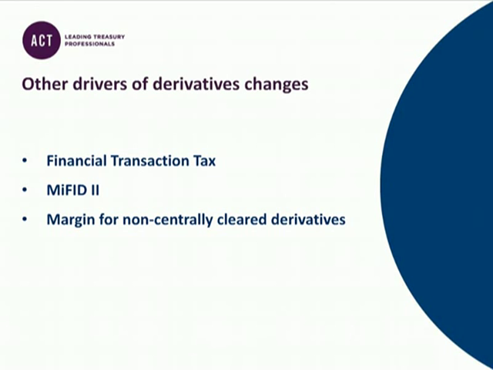The proposed scope of the FTT is wide, covering stocks, bonds, repos, and, relevant for this audience, derivatives. The minimum tax rate on derivatives is 1 basis point based on the notional, and there are only very limited exemptions in place, for example, for spot currency transactions. Importantly, the extraterritorial impact of the proposed FTT is considerable. It will apply when one counterparty is based in a participating country or when the product is issued in a participating country. The goal of policymakers is to have the joint FTT agreed and implemented by the 1st of January